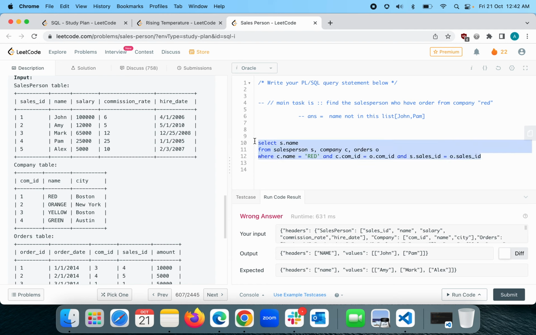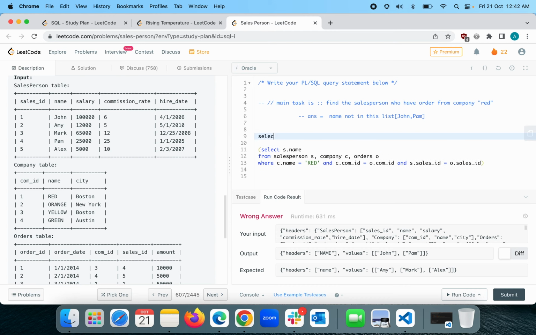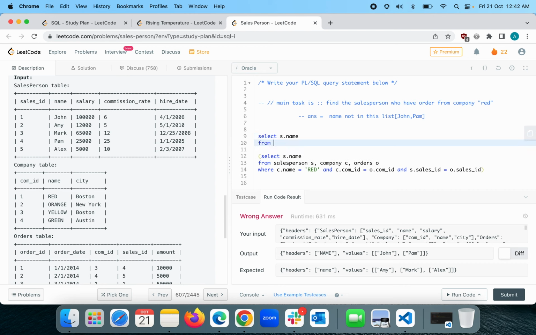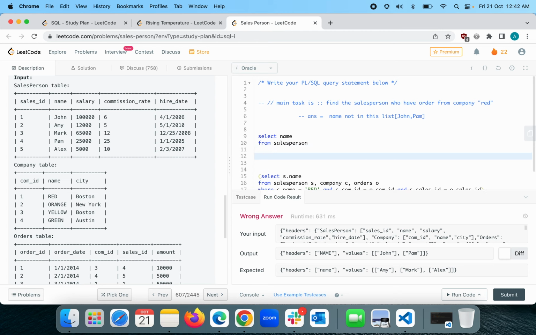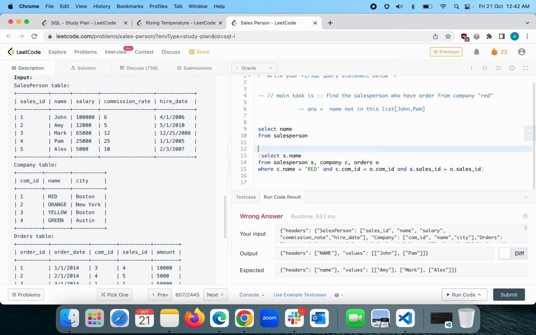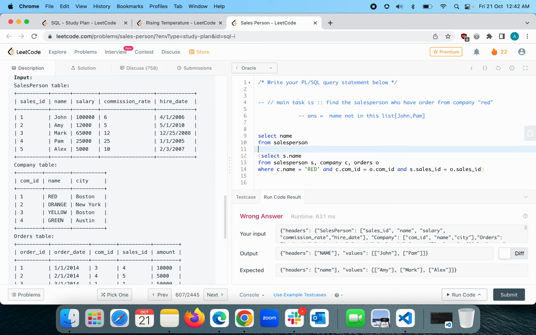Okay, so what I will do is make it a subquery. What will be my outer query? SELECT name FROM salesperson. Here I had used s.name, so let's make it name only. Avoid making spelling mistakes, otherwise you will have the same problem that I am having. SELECT name FROM salesperson WHERE name